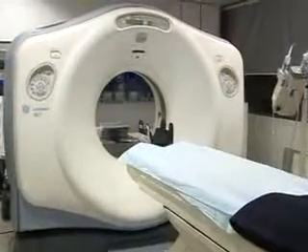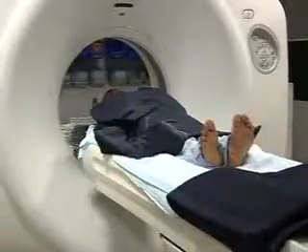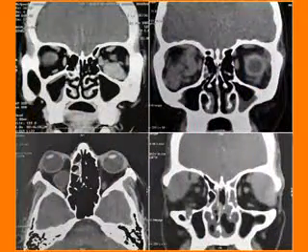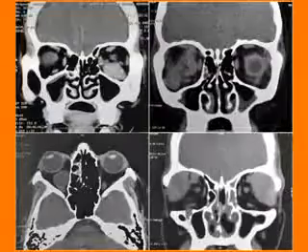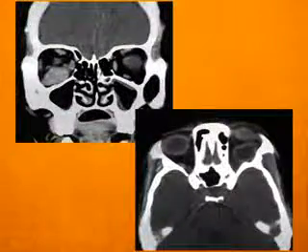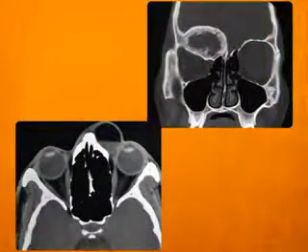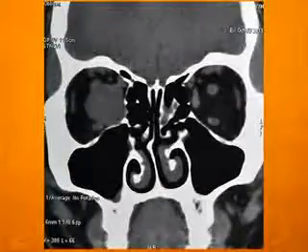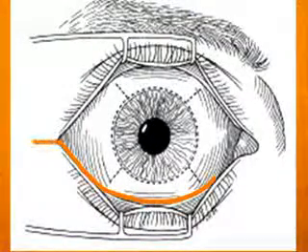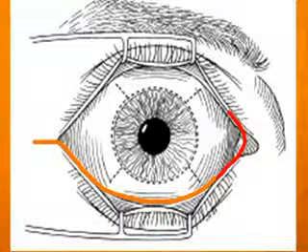Computed tomography is an indispensable imaging tool in the evaluation of orbital lesions. The CT scan of the orbit allows us to discern the location, extent, and configuration of the orbital lesion and its effect on adjacent structures. It also allows us to comment on the possible tissue composition. In addition, knowing the precise location of a lesion facilitates the planning of the appropriate surgical approach to minimize morbidity.